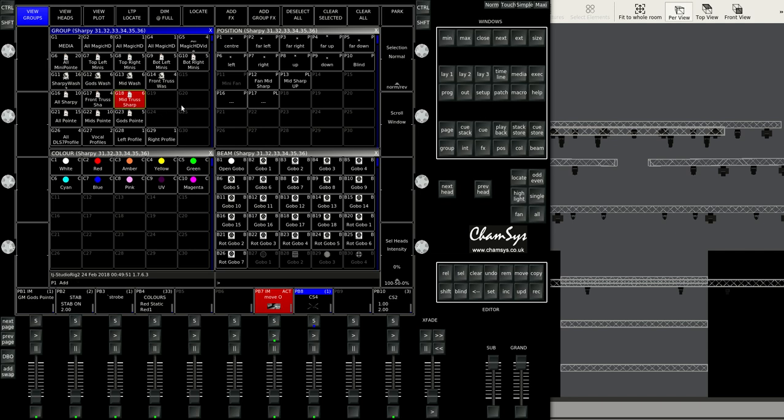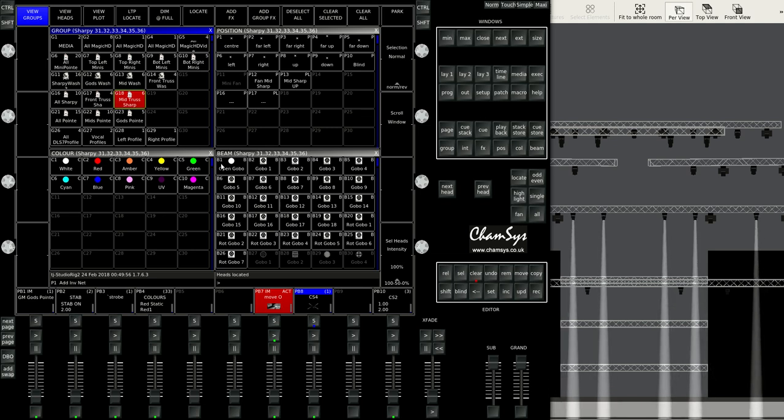So I'm just going to select some movers on this rig, and I'm just going to locate them. As you can see here on the visualizer, they're there, and you have all your positions up here which you can move with the lights. So judging by your moving heads being hung in the standard orientation, which is display to the crowd,